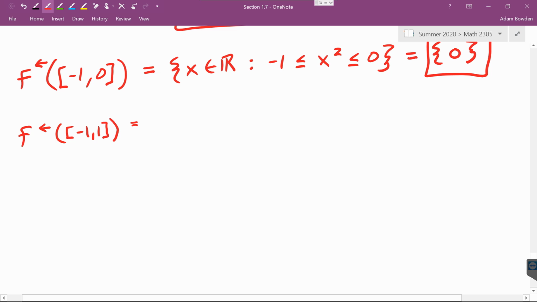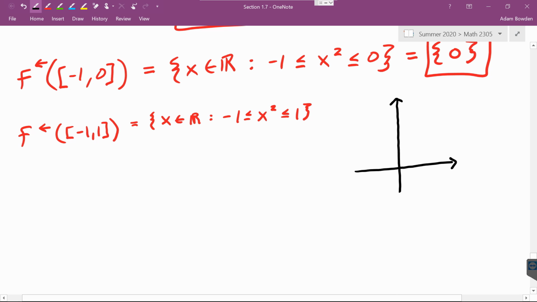Now in this next one we're going to figure out the inverse image of the closed interval between negative 1 and 1. This stands for the set of all real numbers such that negative 1 is less than or equal to x squared less than or equal to 1. To verify the reasoning behind this one, let's at least think of it graphically. What we're dealing with here is the function x to the second power, which is the parabola. So y equals x squared has that shape. And when we talk about this interval between negative 1 and 1,